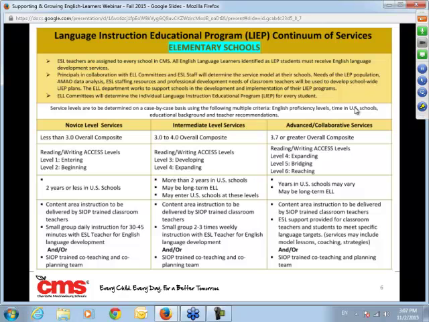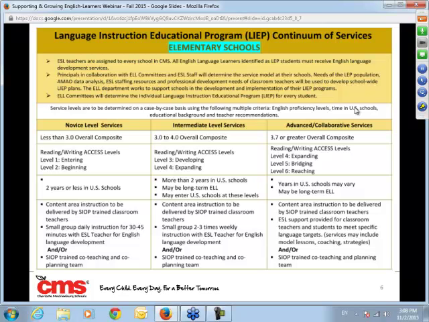For intermediate level students, those students scoring in the 3 to 4 range overall on ACCESS testing, they can have content area instruction delivered by a SIOP trained classroom teacher as their form of service. They could also have small group instruction, meeting just 2 to 3 times per week, or they could have SIOP